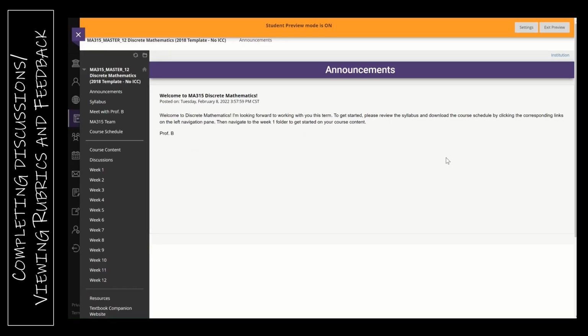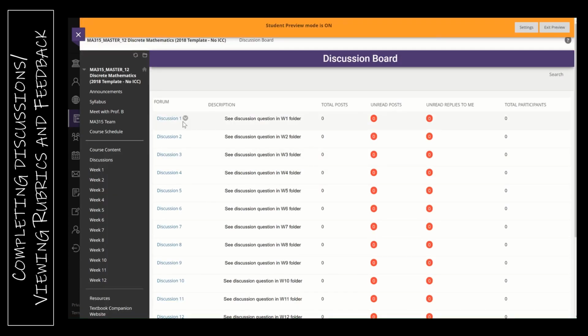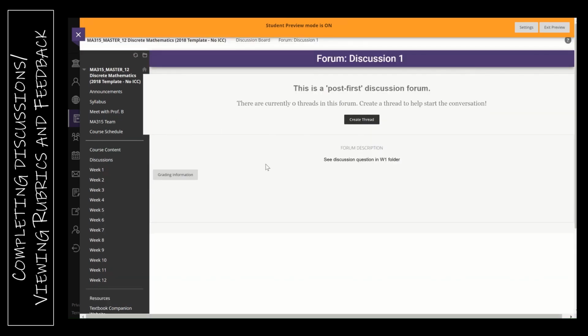I want to start by showing you where to find the rubric for your particular course. There are 2 types of rubrics. There is the discussion rubric, and typically you'll also have a rubric for any sort of project or presentation. In this course in particular, we're going to take a look at the discussion rubric and also the rubric for the individual project. So starting with the discussion, if I click on discussion 1, notice this is a post-first discussion